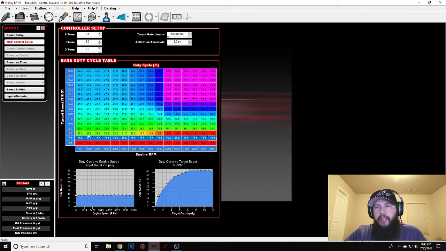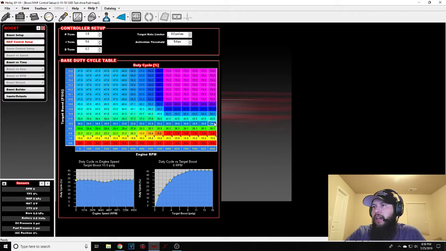You can start getting more specific later on and building a curve, because the percentage at a lower RPM to yield that same boost is obviously going to be different than the percentage that it's going to take at a high RPM. So theoretically, this number will be different, but will it get you going? Absolutely. So then you come in here and let's say for 10 PSI, it's